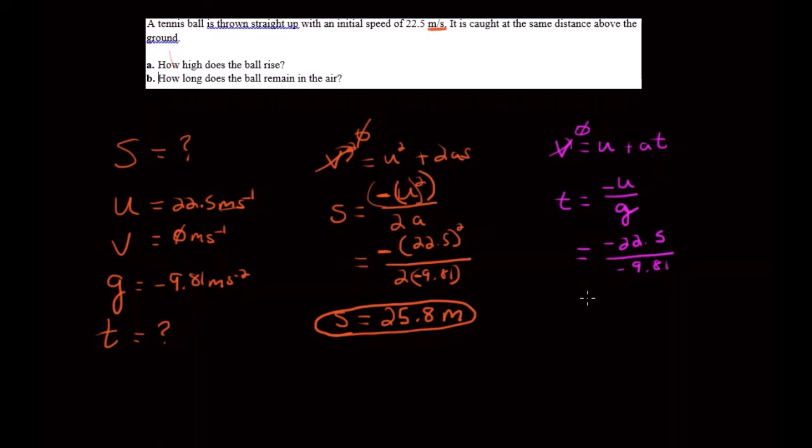Again, positive, because time can only be positive. Time's not a vector. It cannot be negative. We do not go back in time ever. It should always be positive. 22.5 divided by 9.81 is going to give us